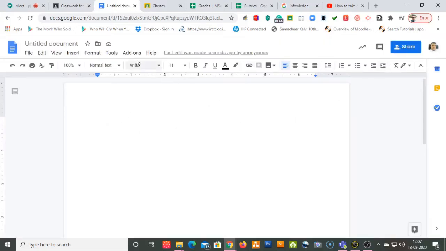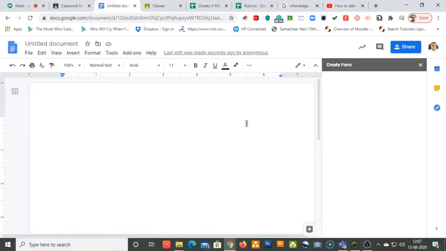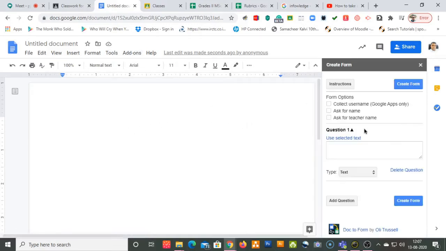What is the advantage of using this add-on? I can create a question, I can create a Google Form from my Google Doc. Say for example you want to give an immediate quiz after your class.